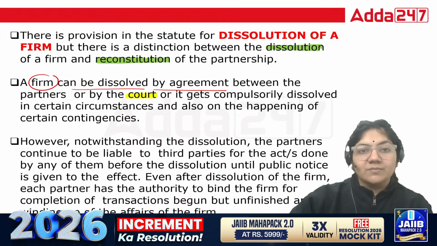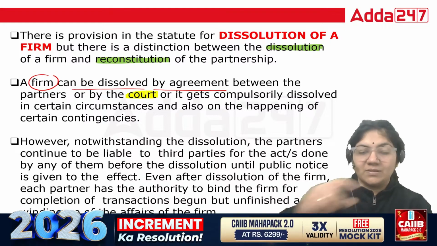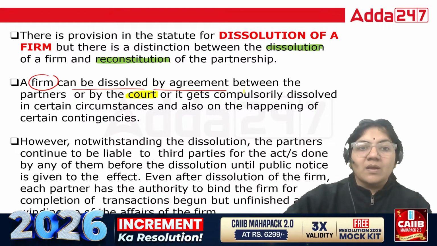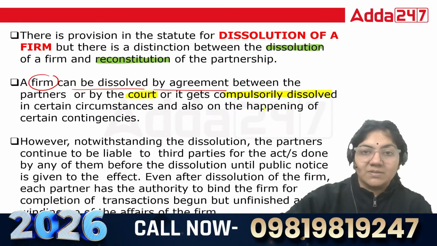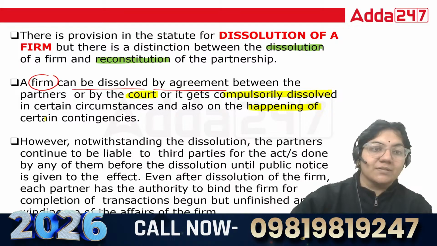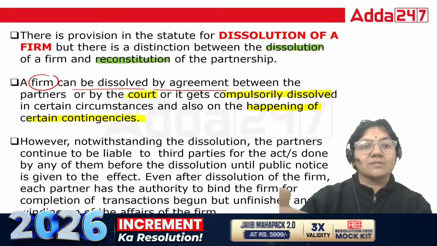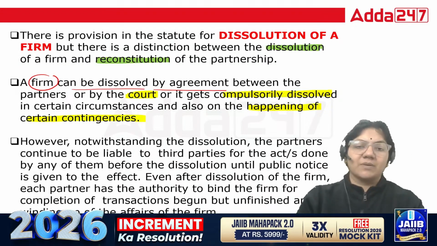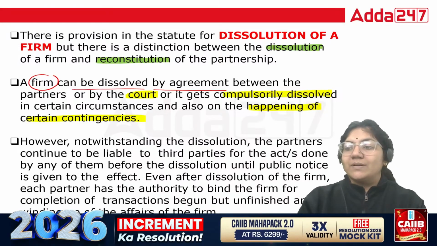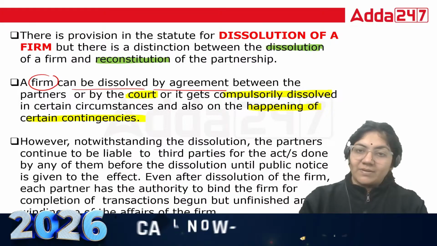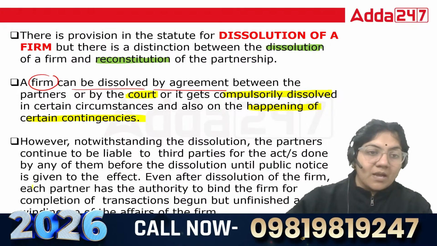By agreement between the partners, by the court, or it gets compulsorily dissolved under certain circumstances, on the happening of certain contingencies. So these are the basic ways in which the partnership firm can be dissolved. If you want to dissolve through the court, one partner has to file the case, otherwise no. However,